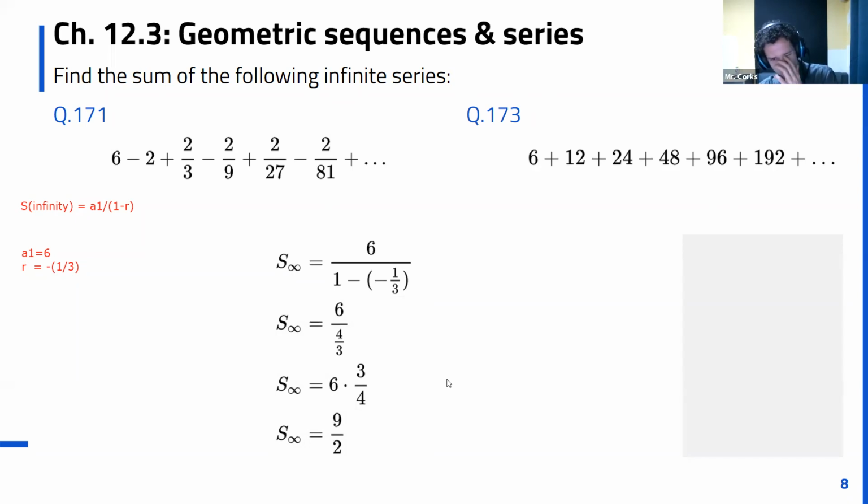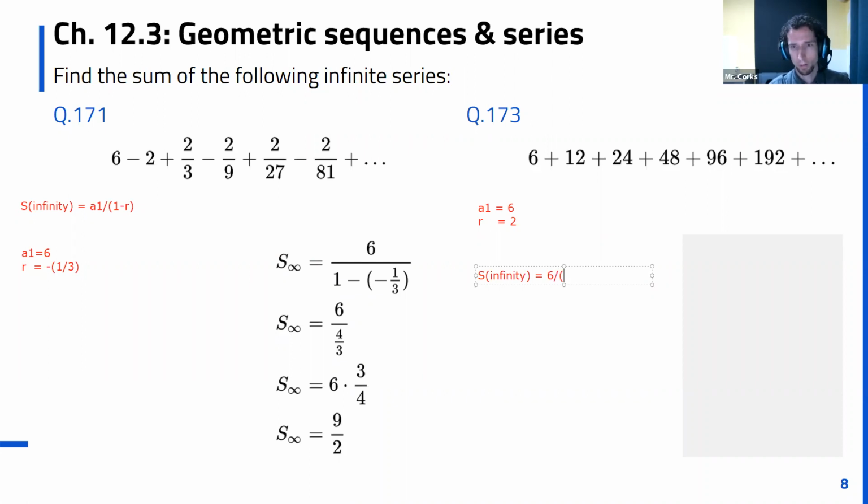Okay, so let's do this for the other one. For the one on the right, what is our A1 value? All right, sorry, I'll just write it. It's 6, it's pretty clear. What is our common ratio? 2. So if we take these parts and throw them into our formula, S infinity is equal to 6